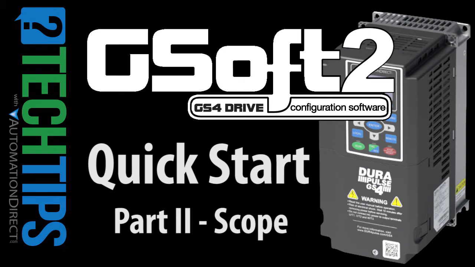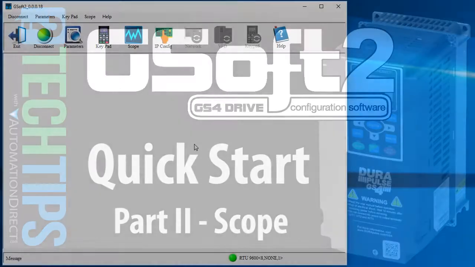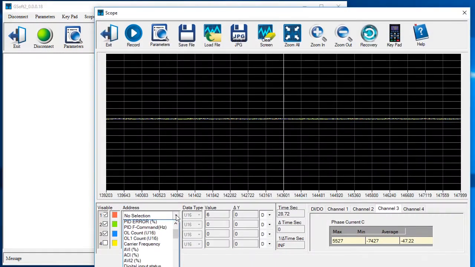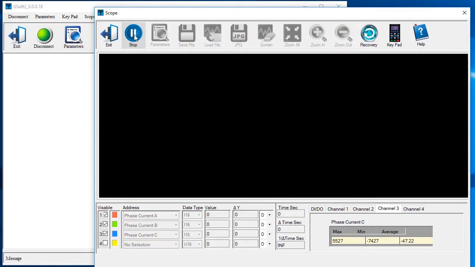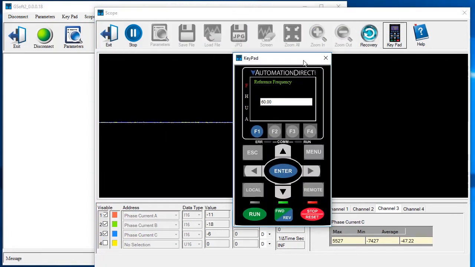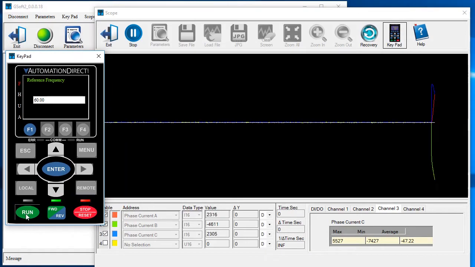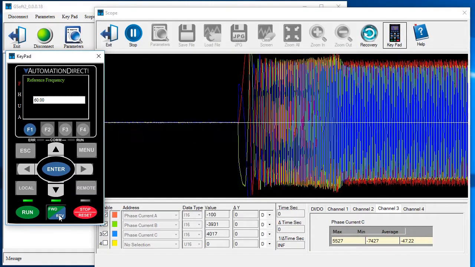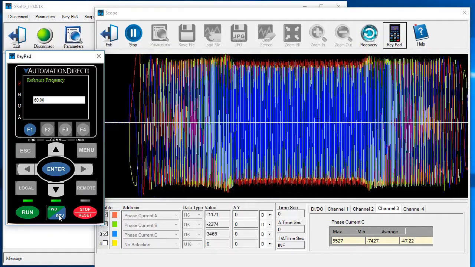One of the best features of GSoft2 is you can view lots of different signals in real time using the scope function. For example, if we select the 3 phases of the motor windings here, start recording, bring up the keypad, which I've already configured for remote operation, hit run, and we instantly see what the 3 motor phases are doing. Let's reverse the motor direction, let it run for a second,